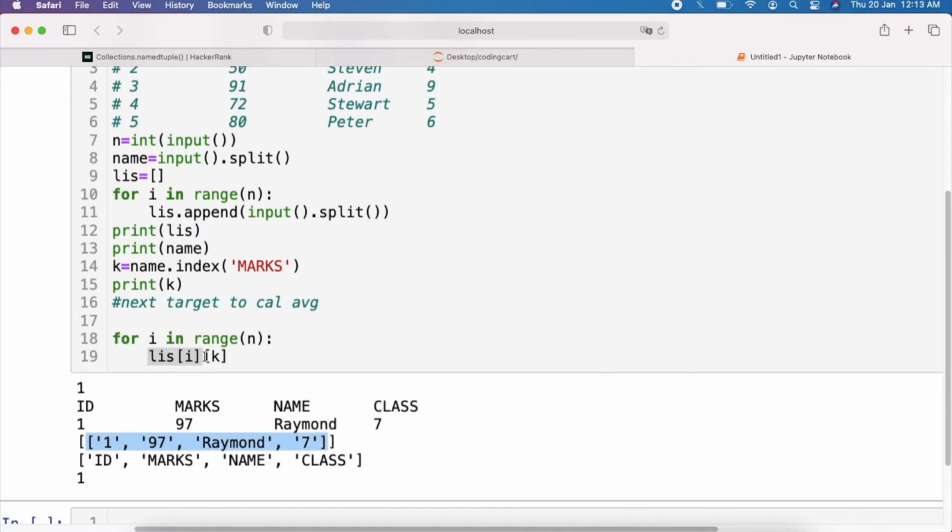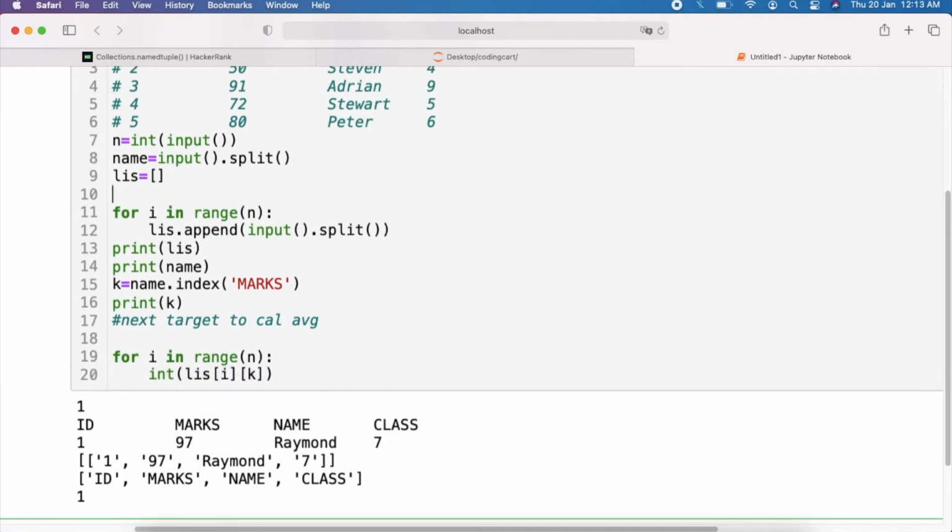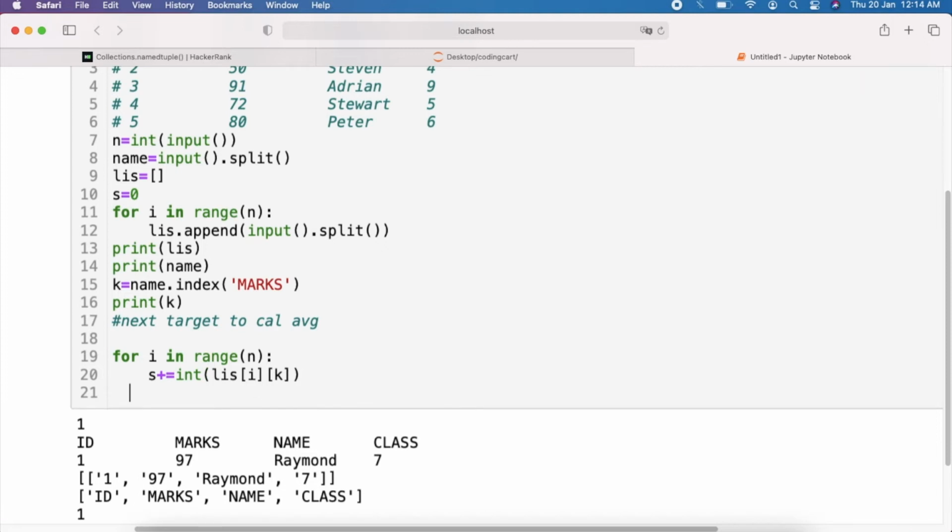And after that we have used give me the value at index k, which is currently having value 1. So at index 1 the value is 97, and this value is in string type, so we have to convert this into integer type, correct? Let us convert into integer type, and now we have to add this for all the students to get the average. So for that let us take sum equal to 0, and here we will write s plus equal to this one. So it will simply sum up all the marks, and after that at the end if I simply